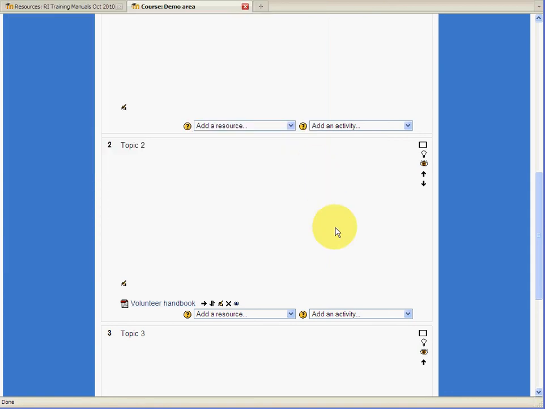That's really how you create a link to one of the resources that is in the area that we've created. But I think there's an important point to bear in mind, that if you just provide links to pre-existing documents in Moodle, then you're not really making the most of the interactive potential of Moodle. Now, it's fine to link to existing documents, but I think also you need to think about how you could use the various features of Moodle